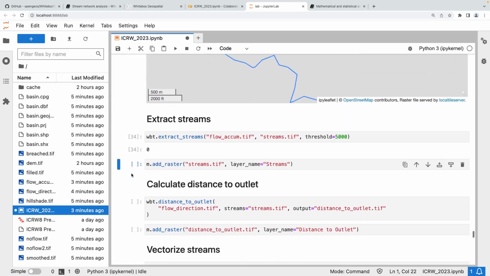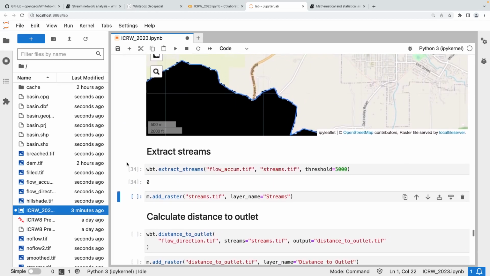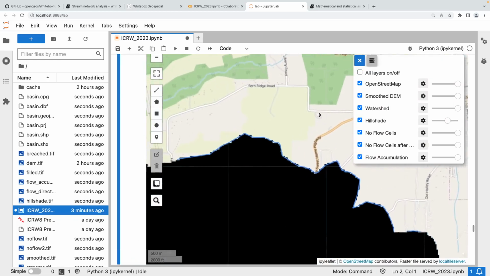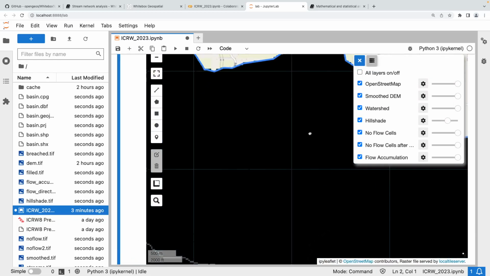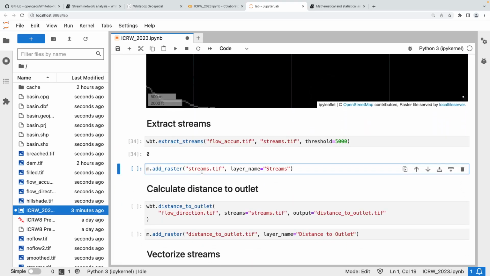So hopefully you get the stream network, and probably if you run on Google Colab, it is a little bit more smooth. It should not crash this often. So now, okay, I forgot to add this data layer. So add the stream,